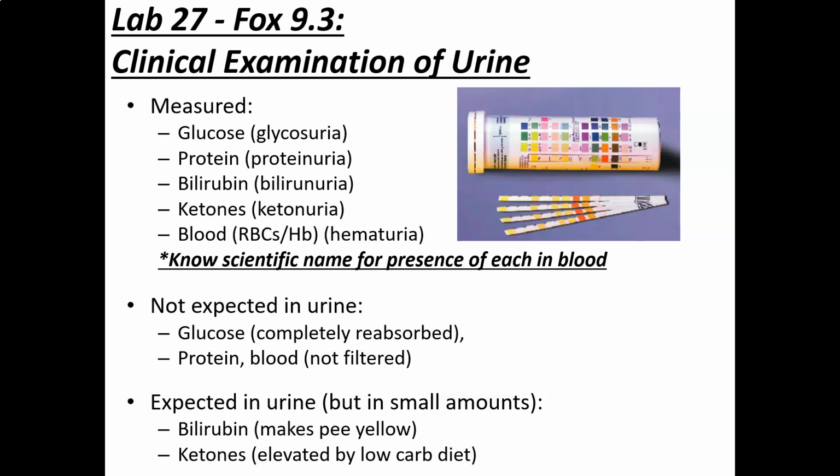and that might be your objective. As a matter of fact, they literally sell those chem strips for just ketones on the internet, so that people on diets where they're trying to actually get into ketosis can test that with these little urine strips. And basically, it's just like we would do in lab. You pee on the stick, you look at the color and compare what it says. So it's pretty simple for that. So we don't expect to see much, if any, of these things, or bilirubin,